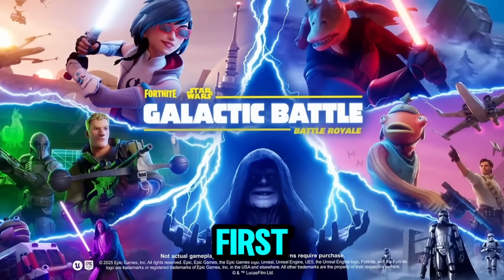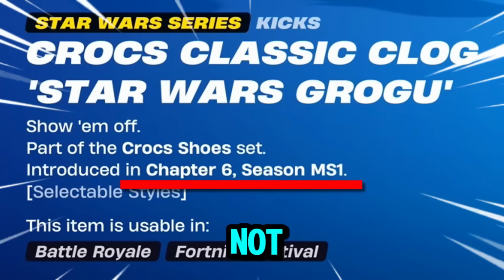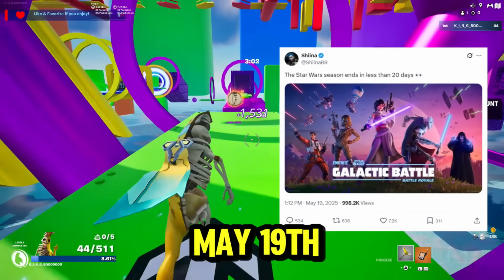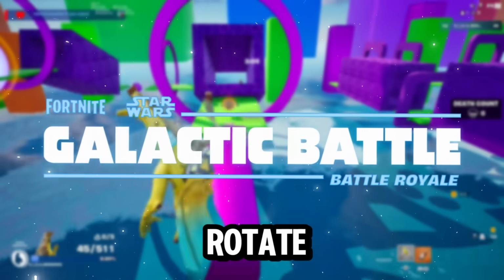Enough messing around though. First and foremost from Sheena, as we approach the end of this season, considering it is Chapter 6 mini Season 1, so it's not going a full length like a normal season. The Star Wars season he posted May 19th ends in less than 20 days. Despite this being the case, we're still set to see most of the phases of this season rotate, such as